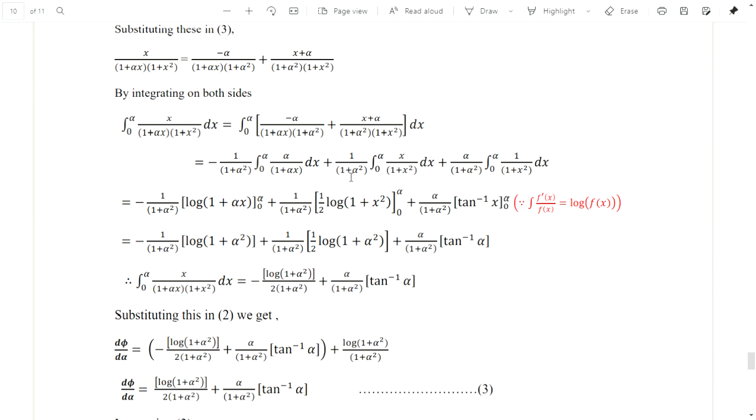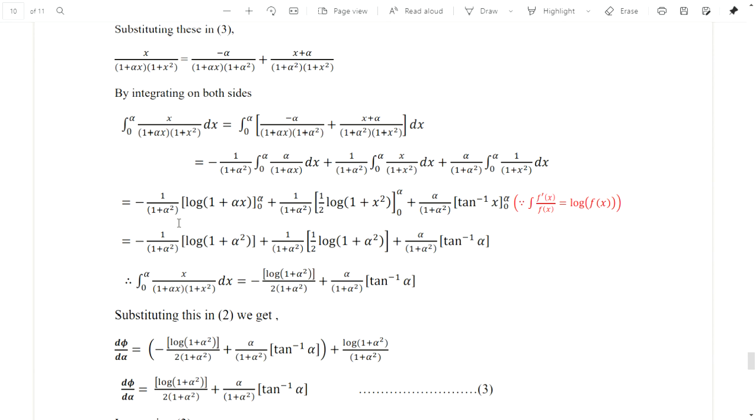Plus 1 by (1 plus alpha squared) is constant, write it outside, and here we are having a sum of two terms in the numerator. So write down this integral separately for both the terms, so that it will become integral of 0 to alpha x divided by (1 plus x squared) dx, plus alpha by (1 plus alpha squared) into integral of 0 to alpha 1 by (1 plus x squared) dx, that is equal to minus 1 by 1